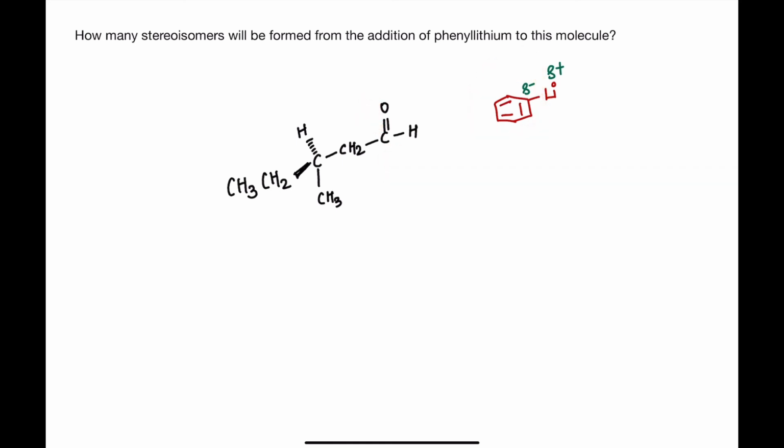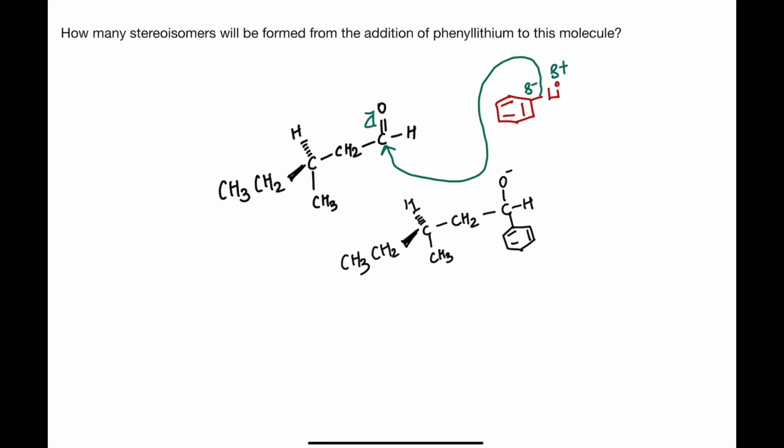Okay, so let me write the product that we'll be getting from this reaction. Here is the structure that we'll be getting. But this intermediate as such is not going to be stable because it has a negative charge on it, and therefore, it has to be protonated. When it is protonated, it will be converted into an alcohol. Now you can see that there is a new chiral center that has been created, because of which there should be two more stereoisomers in this compound. So on the whole, the answer for this question is going to be